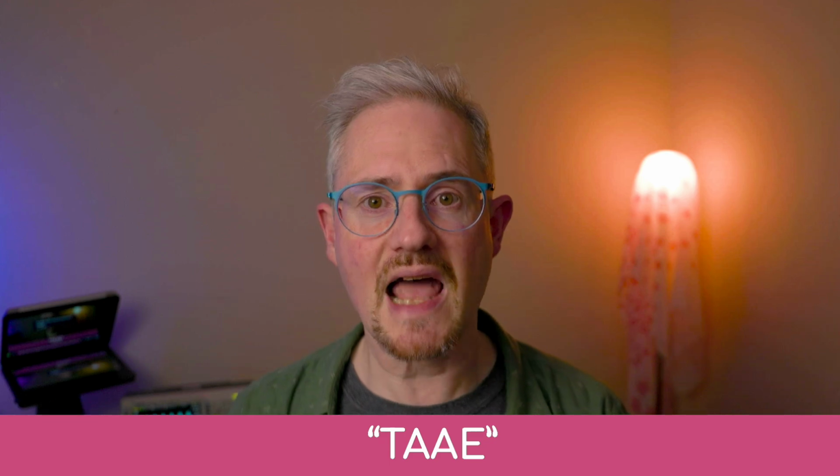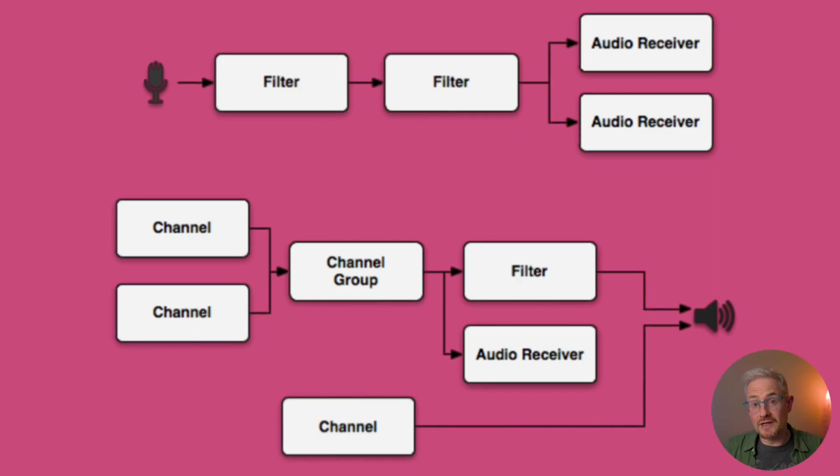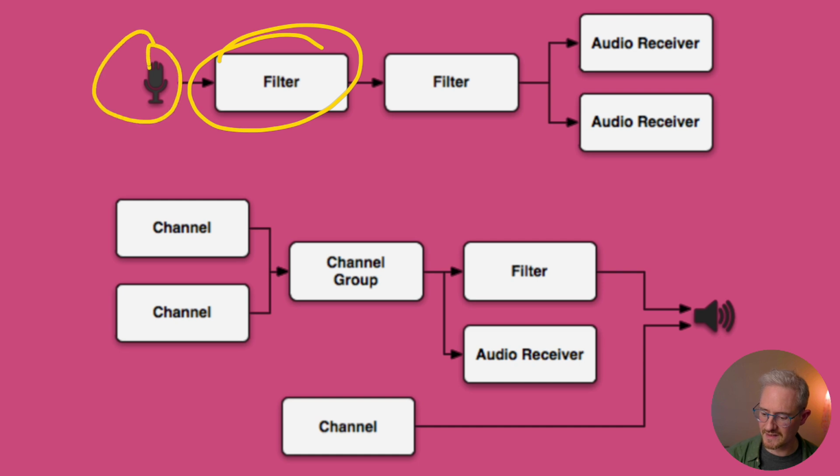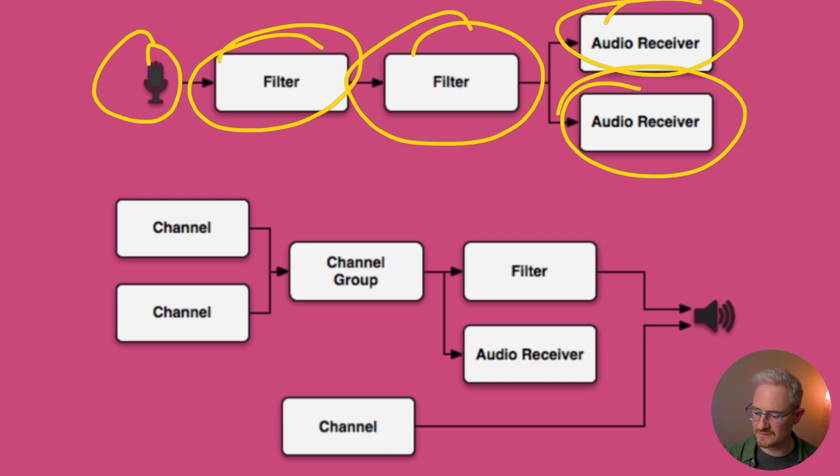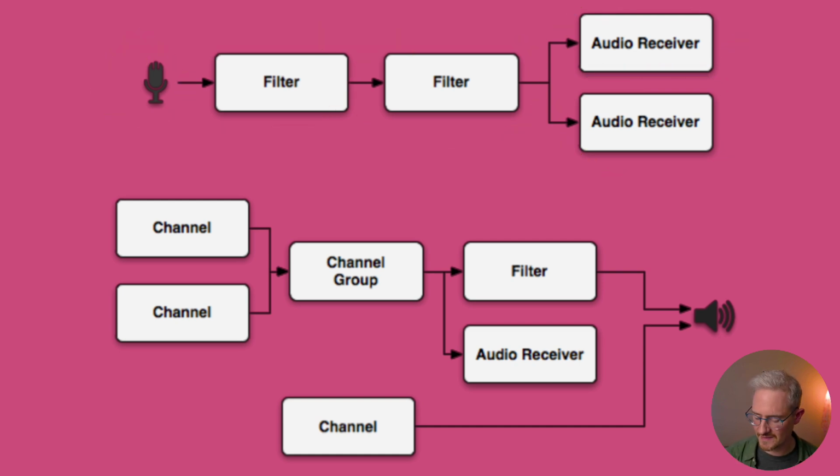So the original audio engine, or as I will call it, Tae, gave you a node graph like this, where you basically plugged in, you said, I want a microphone, I want a filter, audio receiver. So it's this idea of a node graph to create a signal chain, and you're plugging in wires like it's a mixer. This was a fine abstraction, and this framework was retired after Apple implemented their own version of this,